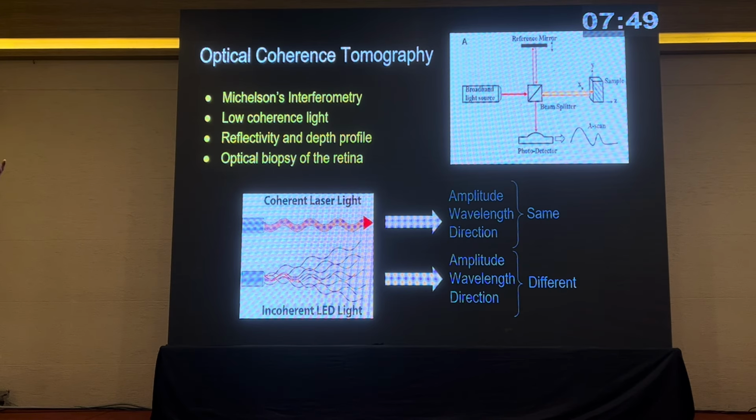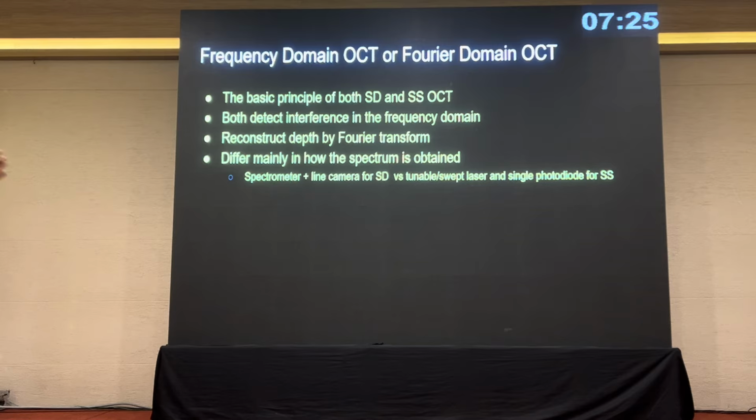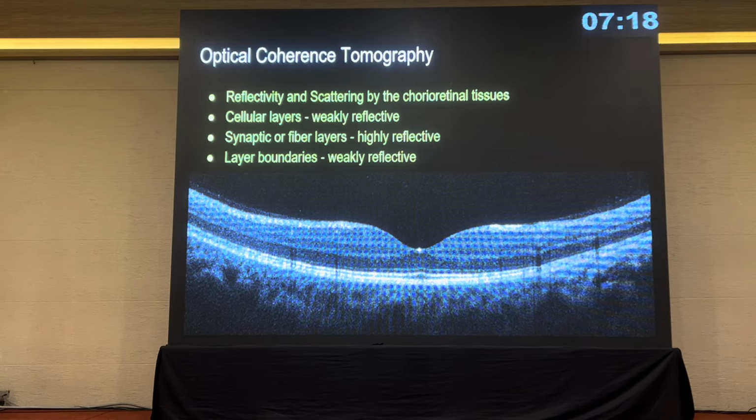And then we moved on to Fourier transformation, which is a mathematical series which makes things faster. Both the OCTs that we now use, the spectral domain and the swept source OCT, use this technology. One uses a spectrometer, the other uses a swept source of 1050 nanometers, which gives better penetration into the choroid.